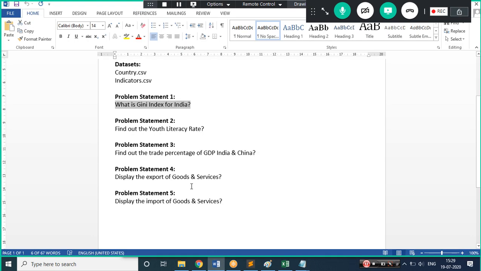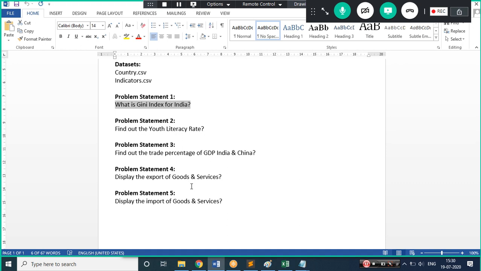So the second problem statement says to find out the youth literacy rate. Now see, to find out certain things you need to know the data properly. As I know my data properly, that's why I am able to write this. Because I have worked on this POC, I know which column to refer and which not to refer. So it's easy for me. I know for you it would be like the first time you are seeing this, and the code will be knowable to you, but the only thing is the columns will not be knowable to you, because I am using the column names as I know them.